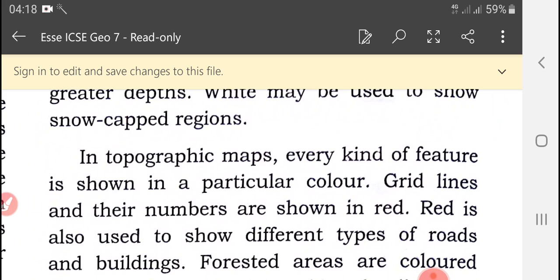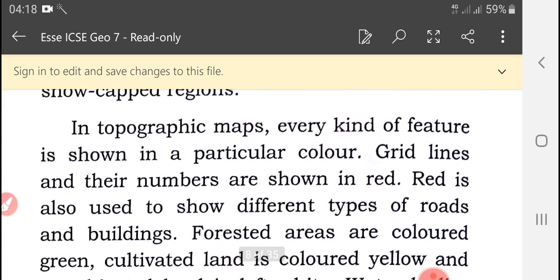And now let us go to the next paragraph. In a topographic map, every kind of feature is shown in a particular color. Grid lines and their numbers are shown in red.